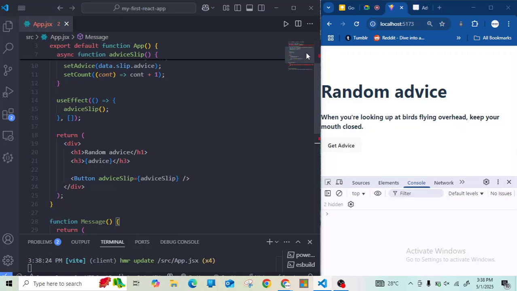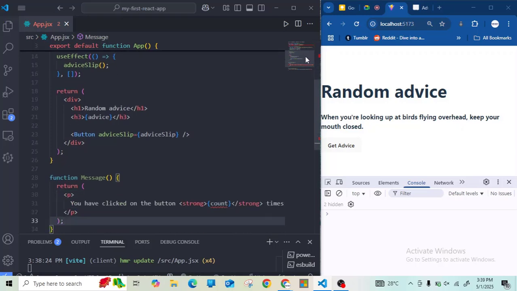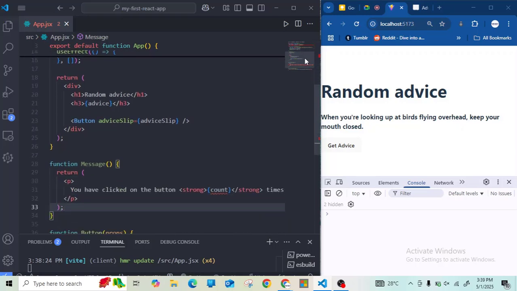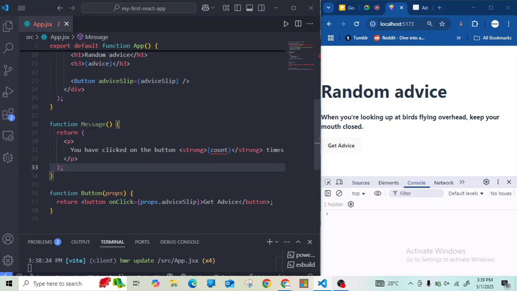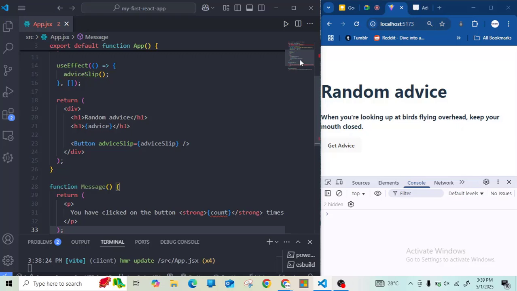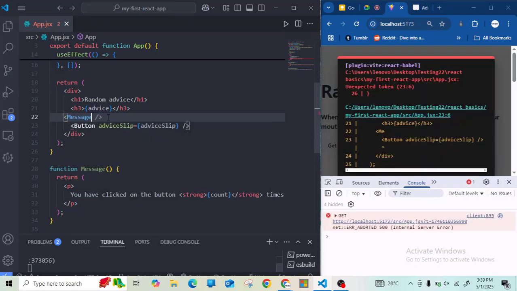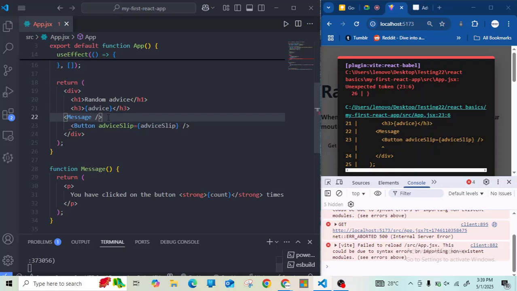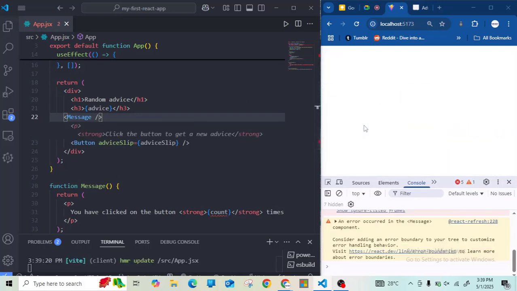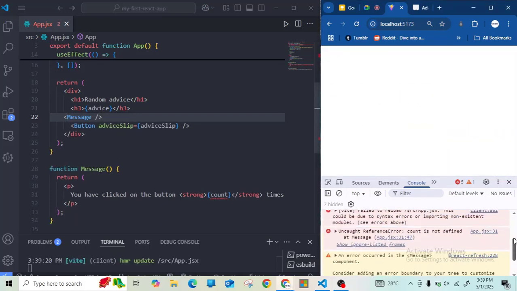Now we use the same prop to pass this data down to our component, or should I say pass the data up to our component. First of all, we need to call the component here, which is the message, and then when we call that component,